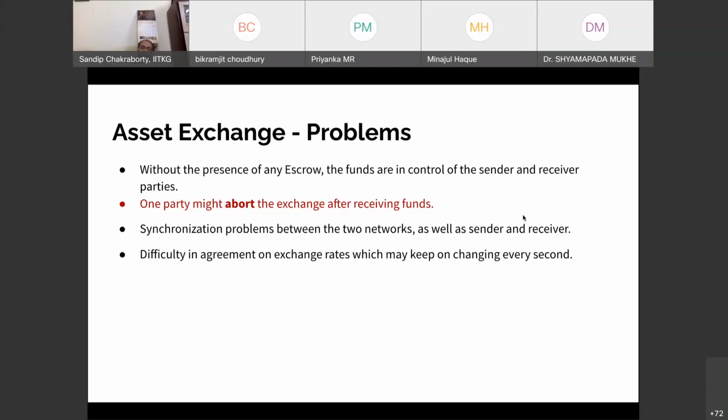If it had been a centralized architecture, this problem would be much easier, because in a centralized architecture, the central authority or the exchange can keep track of the current exchange rate, and that typically happens in today's monetary transfer. Whenever you are going to buy some dollars in exchange of your Indian currency, the exchange will look into what is the current exchange rate, and it will provide you the equivalent currency in Indian rupees.